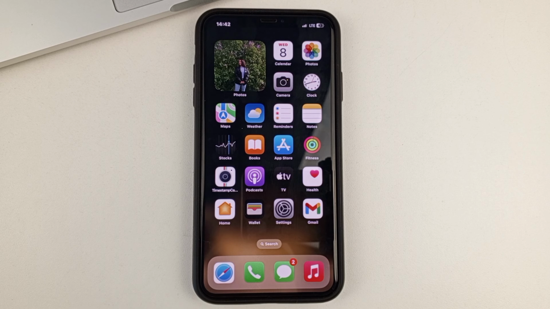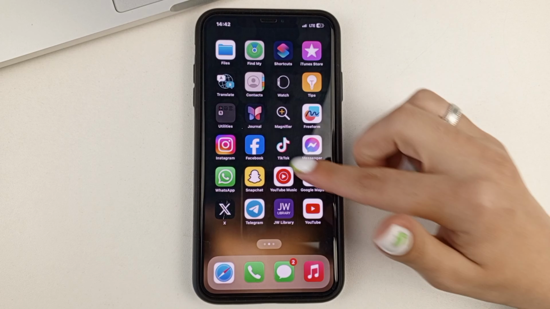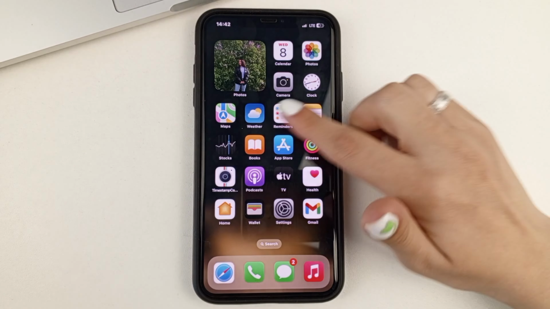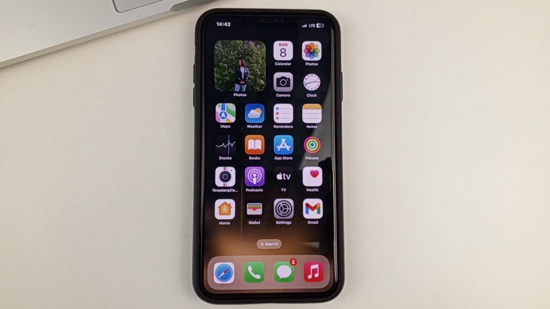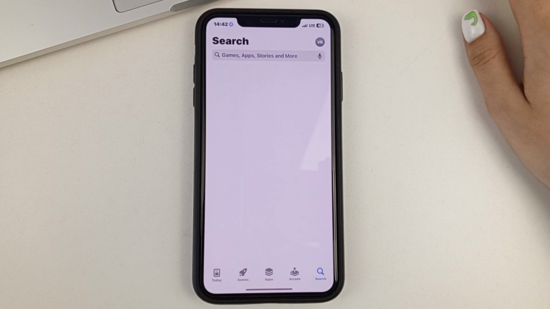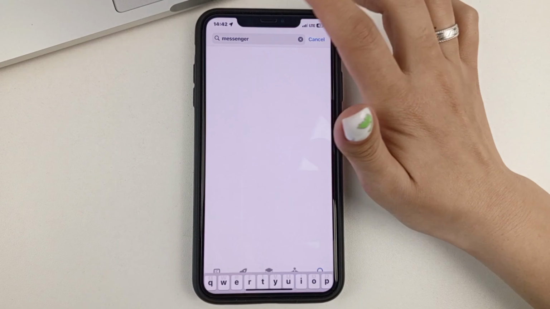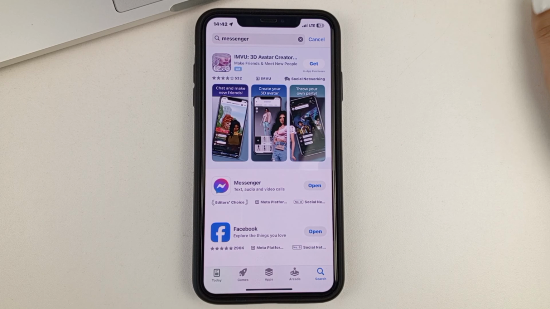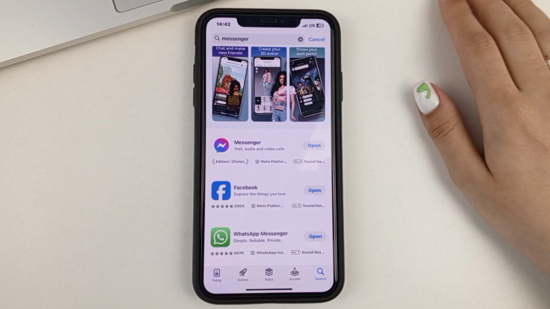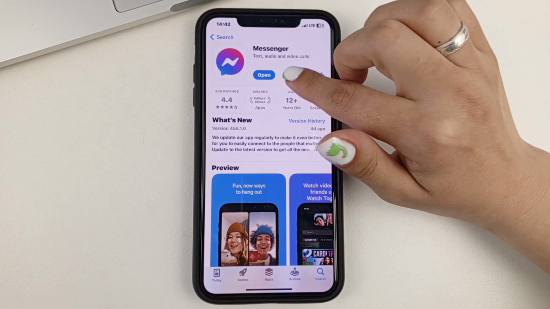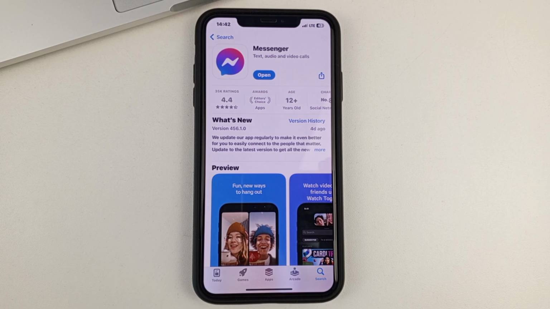So, if you want to update your Facebook Messenger app, then you will need to open the App Store on your phone if you have an iPhone, or Google Play on Android. Next, type the word Messenger into the search box. Click on it. And as you can see, the Facebook Messenger app comes up. Click on it. And here where I have it now saying open, you'll have the word update. You click on it. Wait a maximum of half a minute for it to fully load.